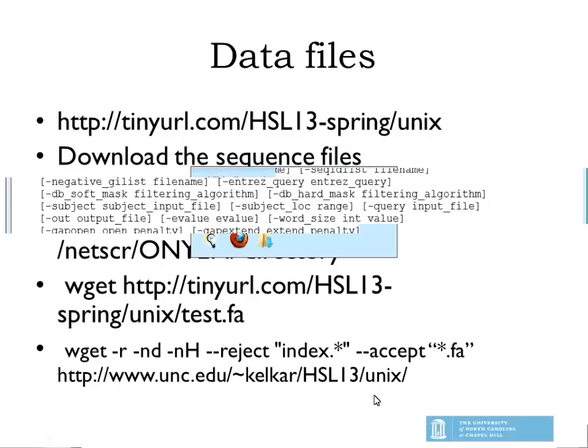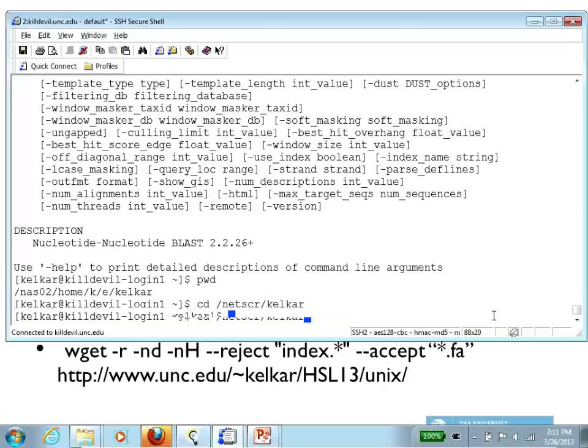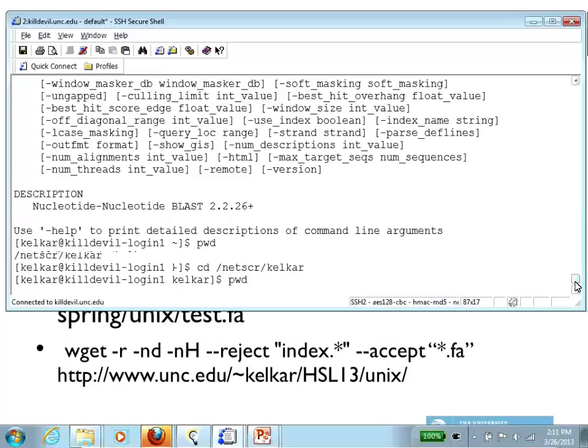So if I go back to my shell, go back to the second shell you have opened, and since we had opened this shell new, you're probably still in your home directory. So you would want to switch to the netscratch directory. Verify that you're there. Don't do what I did just now. I only did that because I have some files in there already which I wanted to get rid of. So we are going to use the program called wget, and again